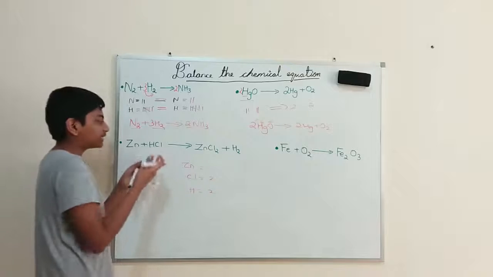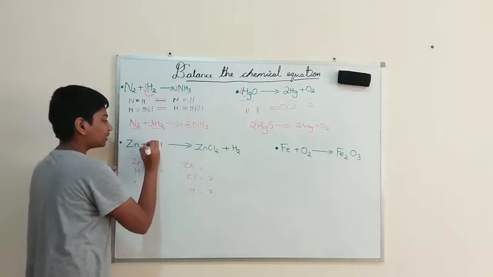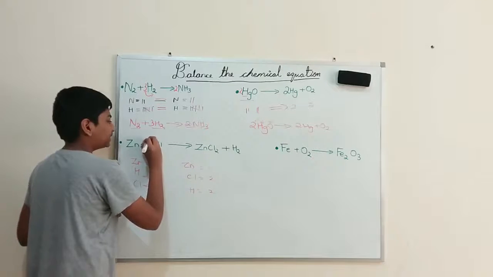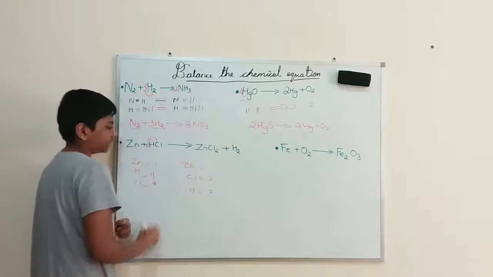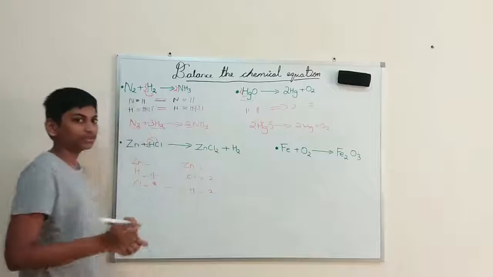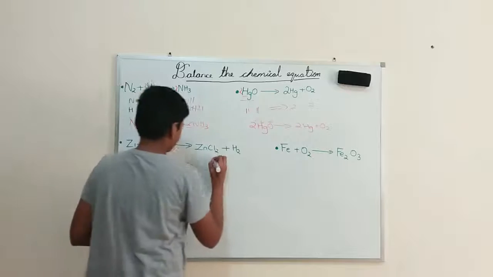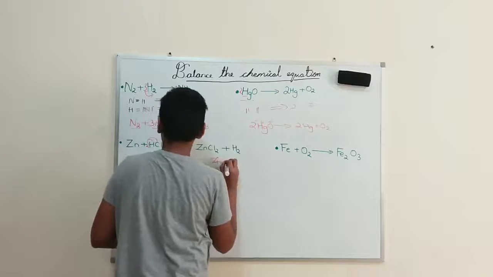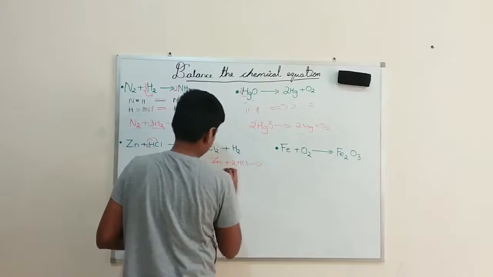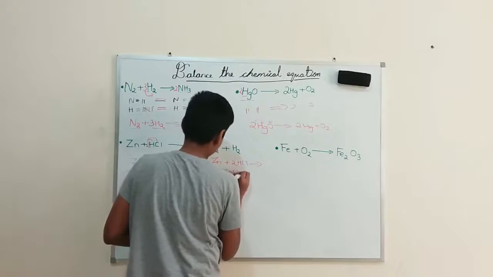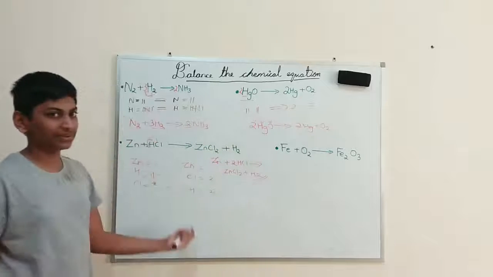But actually here they are combined itself. So when I simply add a 2 in front of them, it will multiply both. So I'll get 2 hydrogens and 2 chlorines at the same time. So they both also will be balanced. So what's our balanced chemical equation over here? It's nothing but Zn plus 2HCl gives us ZnCl2 plus H2. So our chemical equation is balanced over here also.